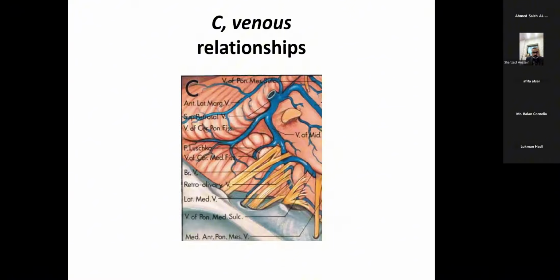cerebellum. The venous relationships, again, a very quick and brief review. This is the superior petrosal vein, which lies in close proximity to the fifth cranial nerve. Then we have the veins of the cerebellopontine fissure, which traverse in the superior and the inferior limbs. Then we have the transverse medullary veins, which tend to encircle the medulla. We have the medial medullary vein and the lateral medullary vein, which runs in between the olivomedullary sulcus. And we have the veins of the cerebellomedullary fissure, which lie inferiorly. So this is the